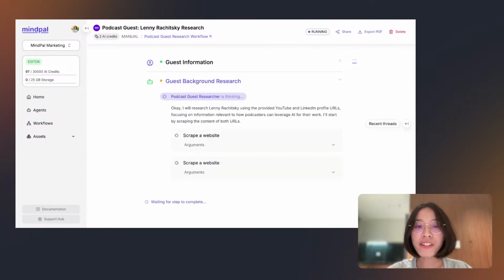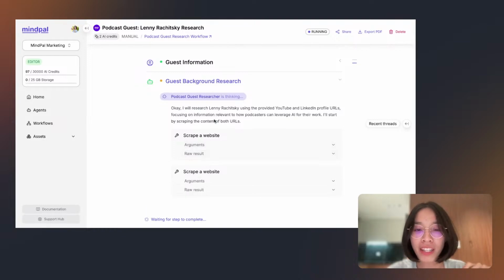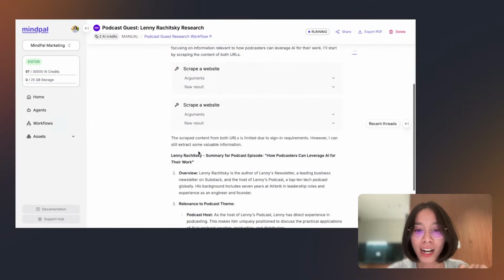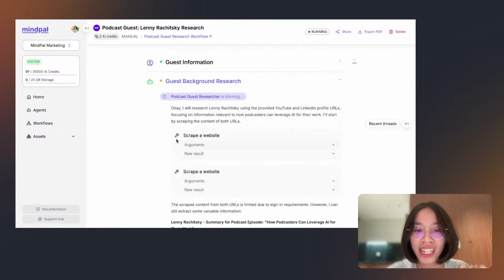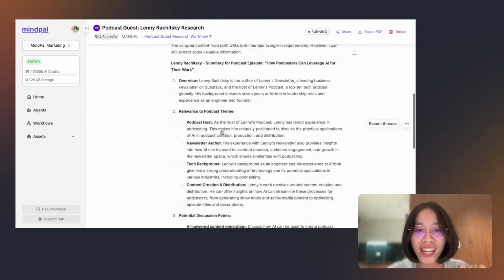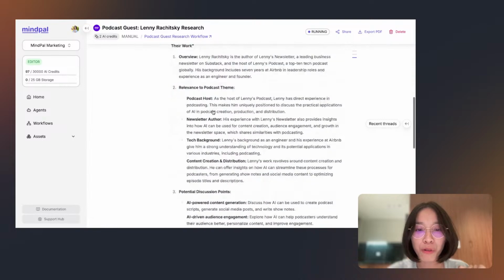Okay, the first step, guest background research, has started. As you can see, it's scraping these websites using the generic scrape a website tool on Mindpal.